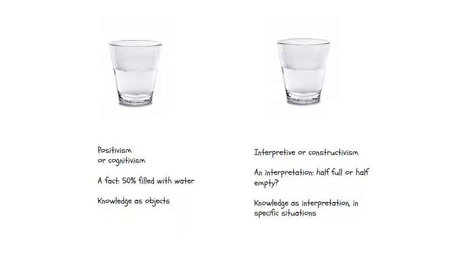But now answer this question. Is the glass half full or half empty? It's impossible to say, right? It would depend on our perspective and probably even on our personality. This is the issue of knowledge that the Constructivists introduce. That knowledge is never something neutral. As we use knowledge, it is always in a setting or a context or from a perspective.